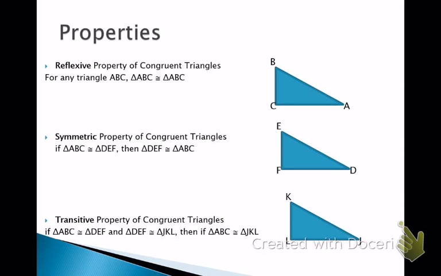We've got some properties, and then we're going to take a look at a proof. And these properties are familiar properties as well. The reflexive property, all this is showing you is that all these properties that we saw before can follow with triangles as well. So the reflexive property, which says that something is congruent to itself, right? It just means that triangle ABC is congruent to triangle ABC. The next property is the symmetric property, which says that if I know